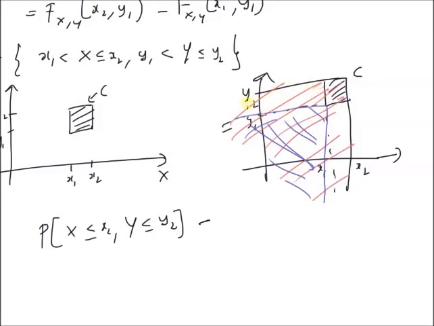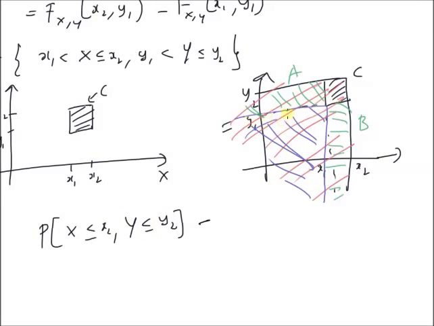We can clearly see that this region is shown in green. This corresponds to events A and B. So in order to calculate the probability of C, we have to basically calculate the probability of this total region and subtract the probabilities of this event A and this event B and also this event in blue. That is, the probability of the total region is given by this value.